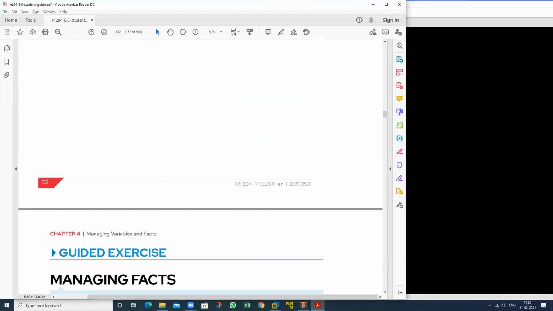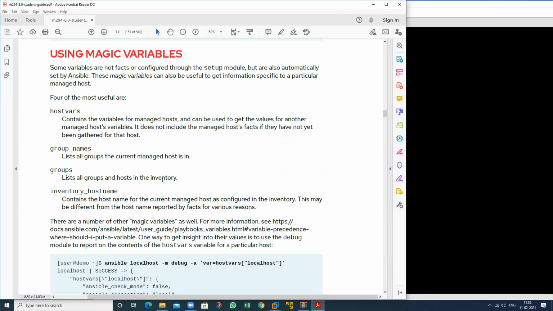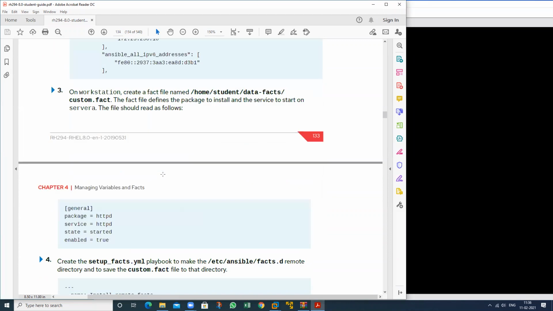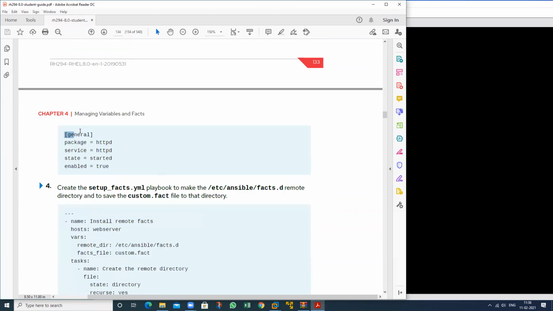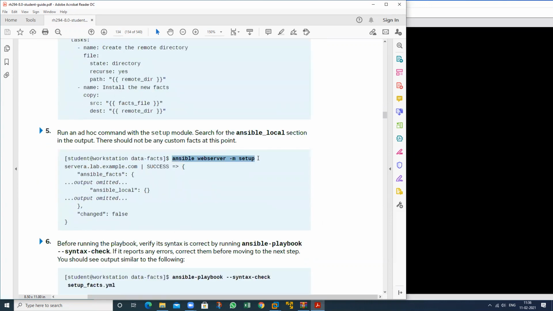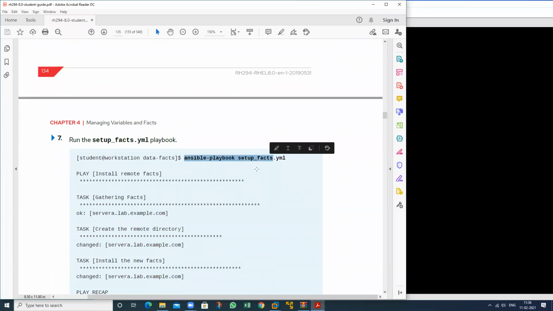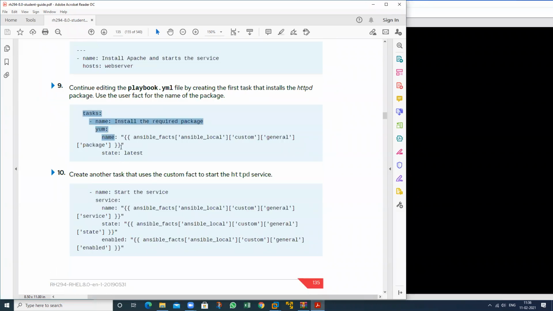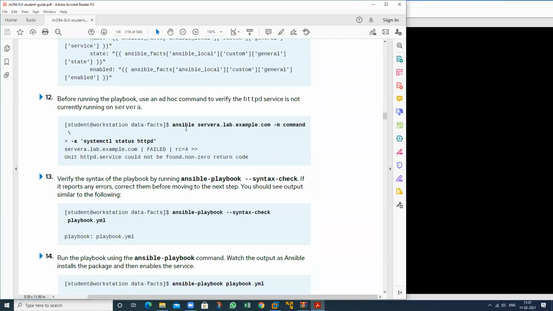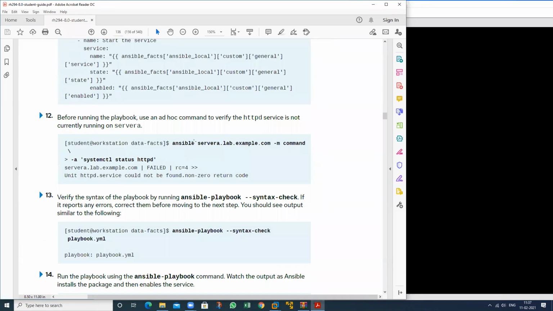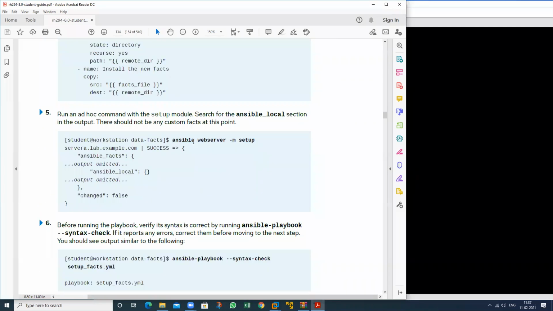So these are all completed. I will use this exercise to take this one. See this one. We have a value. See here, these are my facts, and I want to use these facts by using which module? This module, and just a syntax check. Fact, and I want to use this whole thing. So we have a small exercise that I will prove. So see.